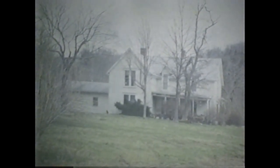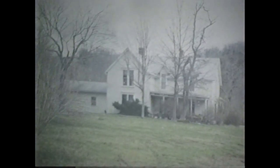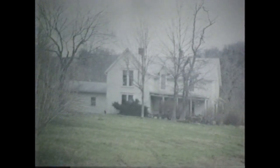And I'm told this house has been added on to a number of times, as have a good many houses in the area. I don't have a shot of Knight's Bridge, but I want to share with you a little information about it. It was built in 1931. It replaced a steel structure that was just downstream, and if you've been on Elkhorn Creek or past that bridge, you can see the still existing stone abutments. It was the site of a wooden covered bridge that was built before the Civil War and was a gathering place for